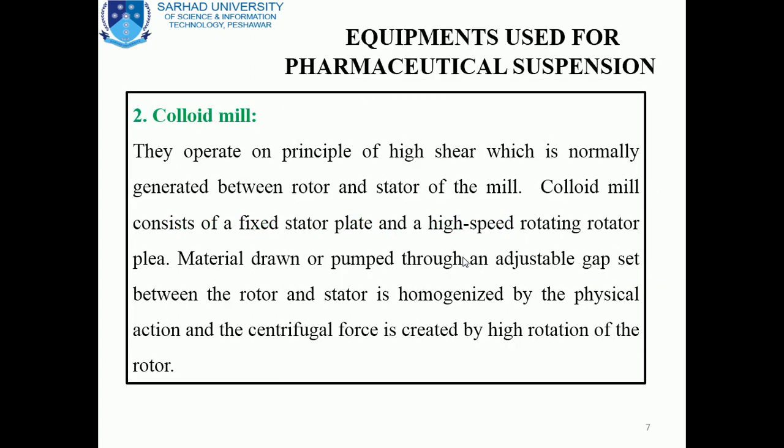The second equipment that is used for the preparation of pharmaceutical suspension is termed as colloid mill. Colloid mill operates on the principle of high shear, which is normally generated between the rotor and stator of the mill. This colloid mill we have also studied in the previous chapter of pharmaceutical emulsion, and the specific topic was equipment used for